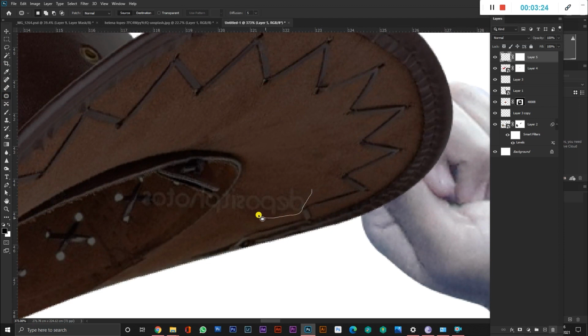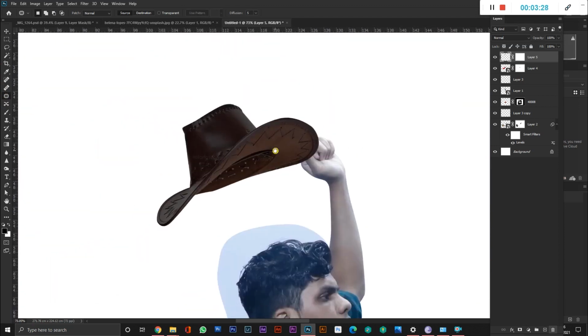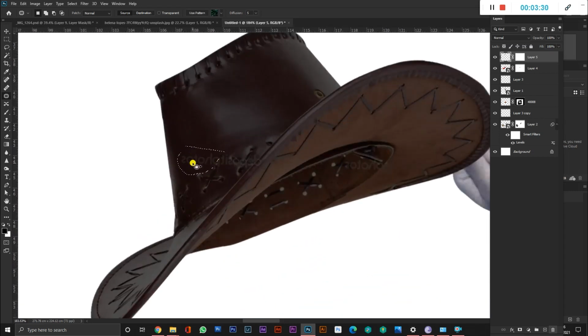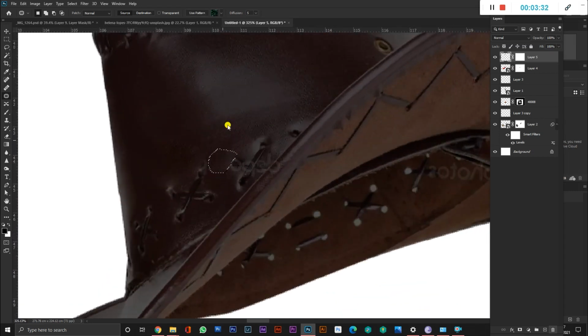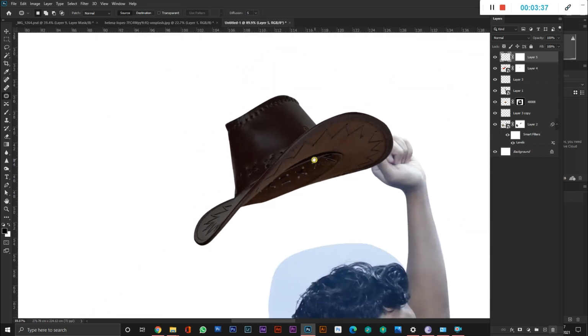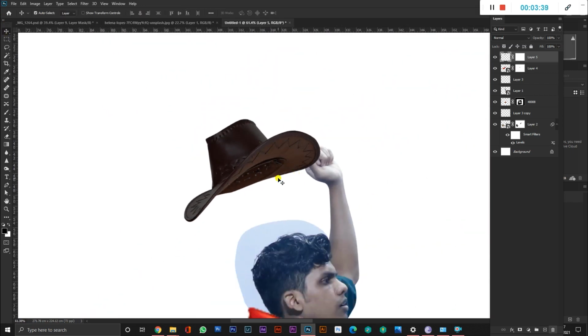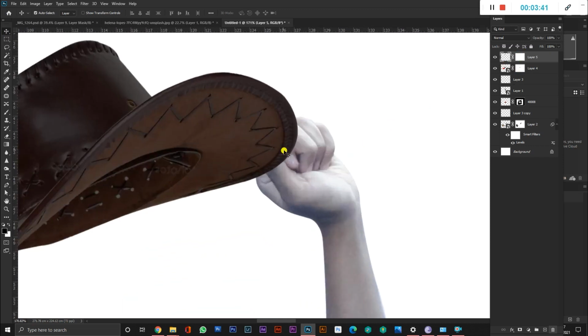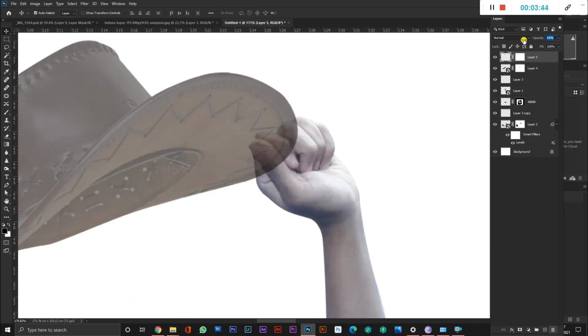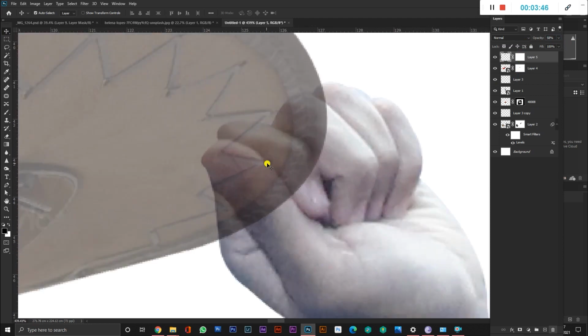To set the cap, you can get this cap also on PNG Items, and to set the cap you can take the cap and put it near the hand and set it as a smart object. What you have to do is take a mask layer. You can get the mask from the bottom part, near the effects.